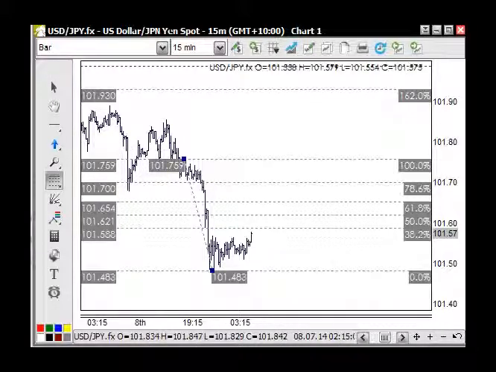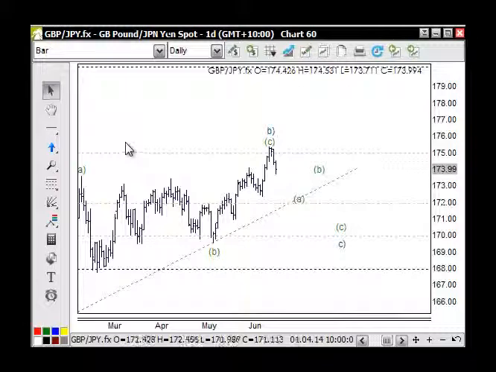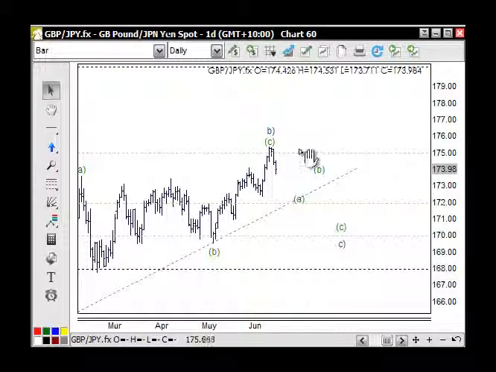So moving on to the pound yen. As you know, we were looking for 5 waves up through here, and you can count those quite easily. So we met our target at 175, and now we're looking for the reaction, or the corrective pattern to the downside, and so let's just drill in and have a look at this move down through here,